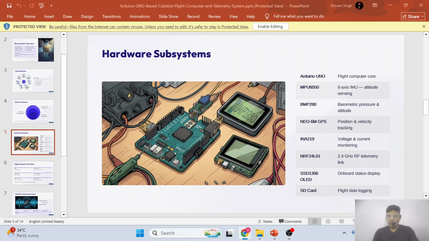We use the GPS Neo module, NRF24L01, and SD card, which are connected with SPI.